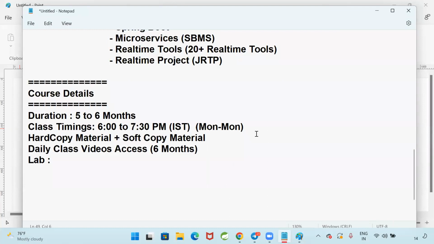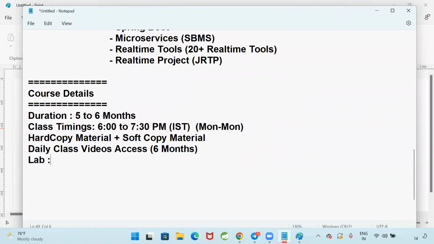9 to 6 you should be there in the lab. 1 hour lunch break, 1 to 2, again you should come here, or 1 to 3 o'clock. Okay, you will get 2 hours. So 1 to 3 is a break for you people. Daily tasks will be available. Exams will be available. Mock interviews will be available. If you need communication skills also, we are going to provide: how to prepare the resume, how to attend the HR interview, how to explain your strengths, weaknesses, self-introduction, all those communication skills also we will provide you.